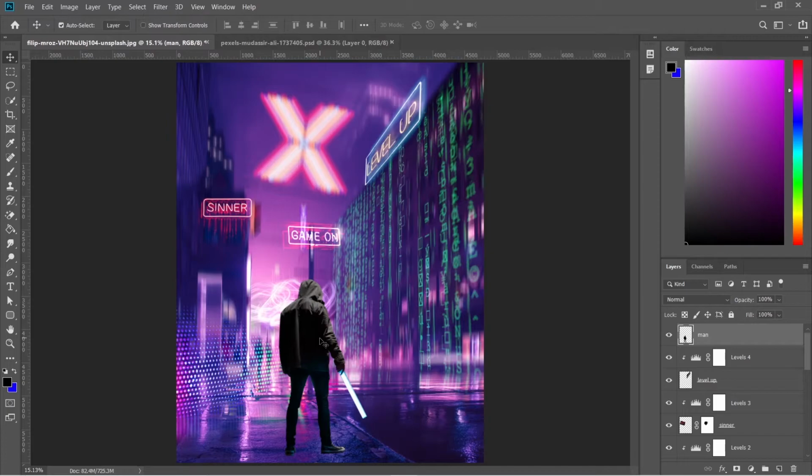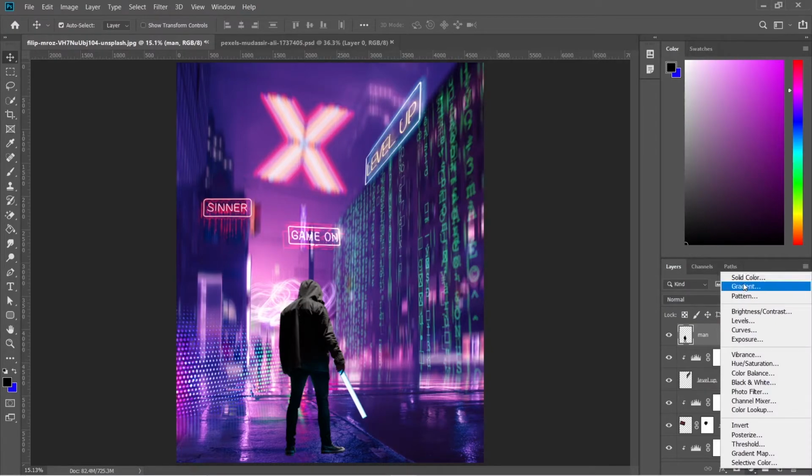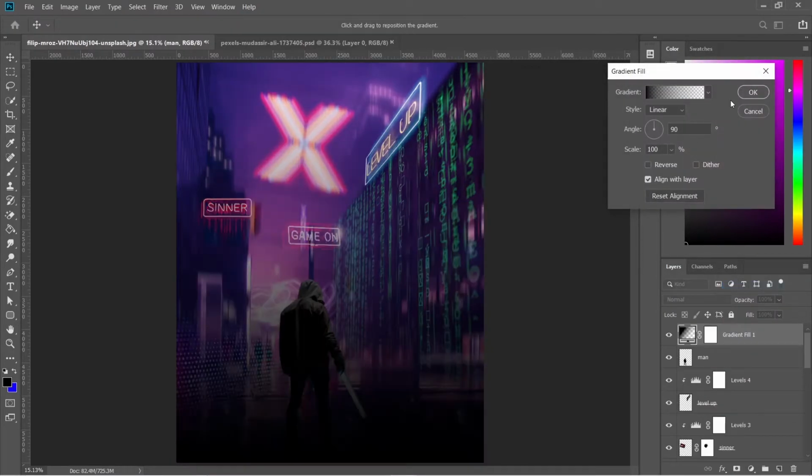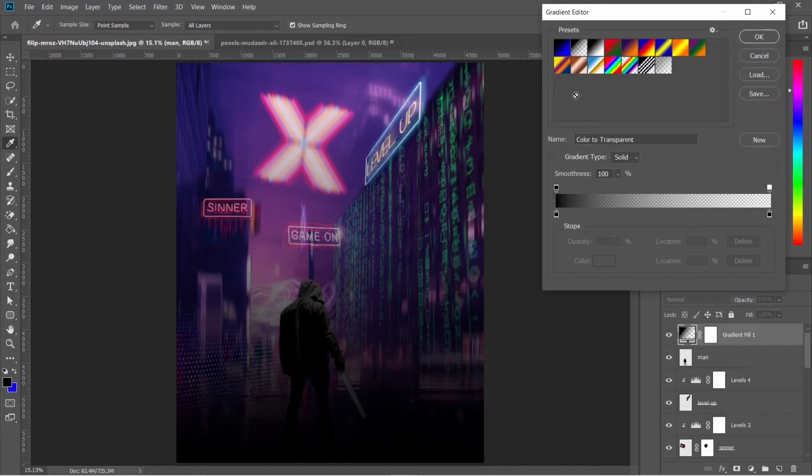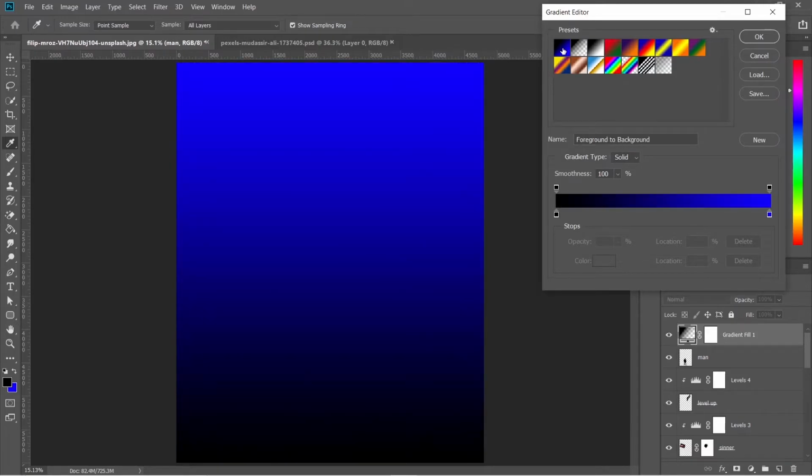Now let's first add gradient to it. Go to adjustment, gradient. Select the foreground to background preset.